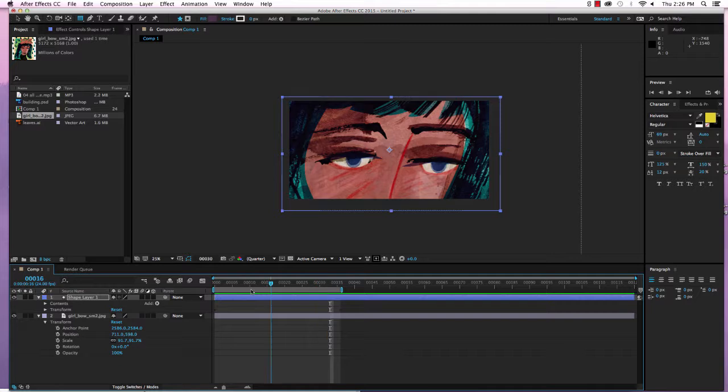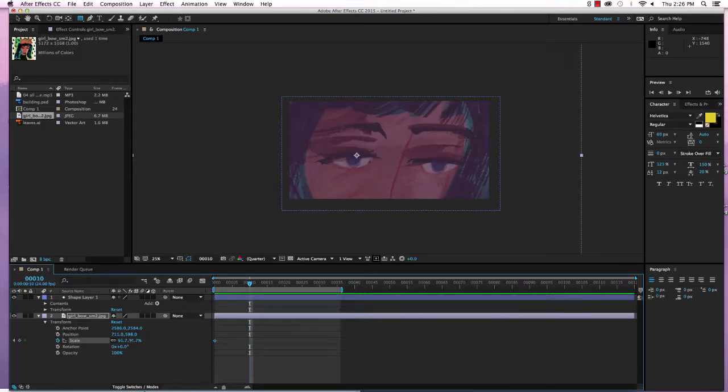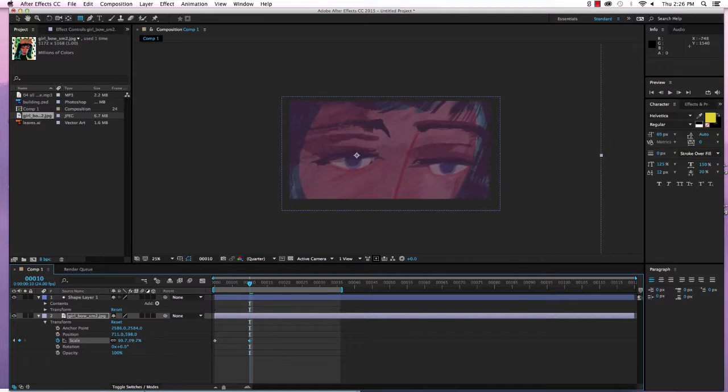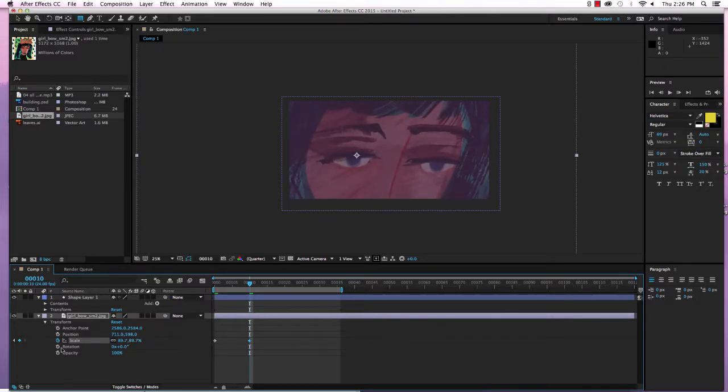So if I put the playhead at the beginning and I give myself a keyframe for scale, move up in time and start to either bring her in or bring her out or move her. So if I wanted to change the position,